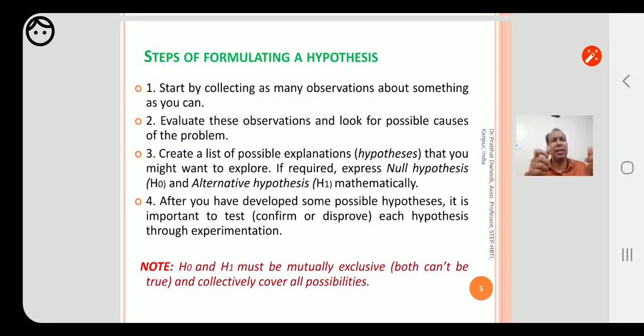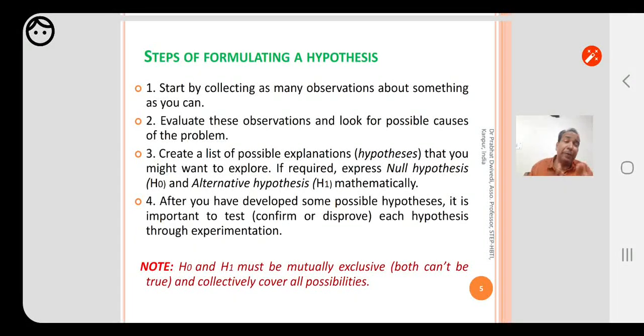Both are mutually exclusive. If one is positive, another is negative. Both cannot be true at the same time. If one is true, another is false. That is what the mutual exclusiveness is.